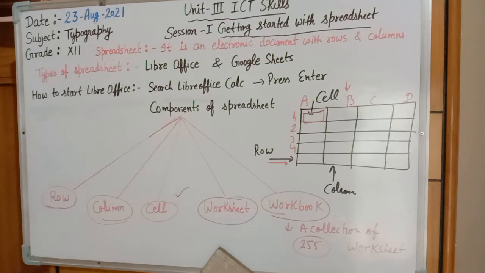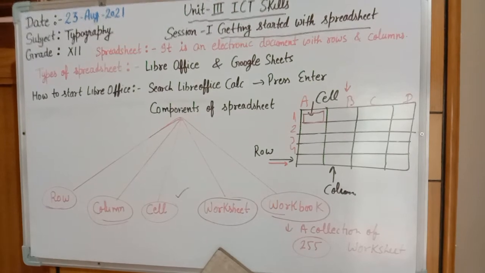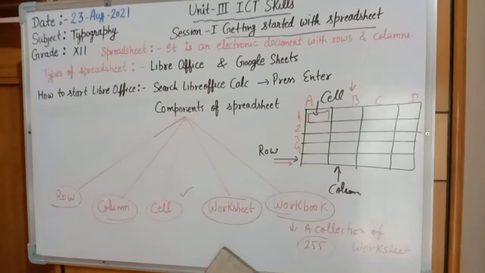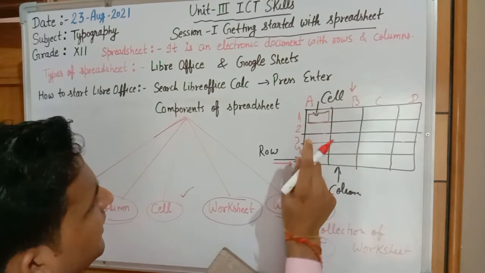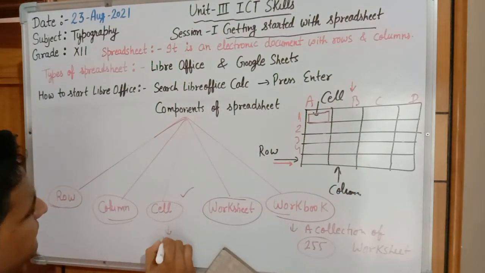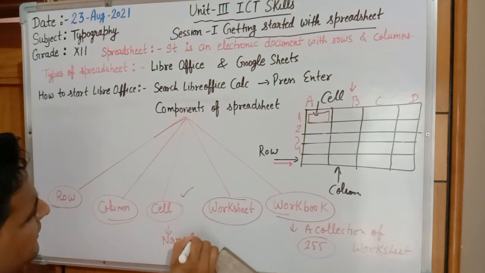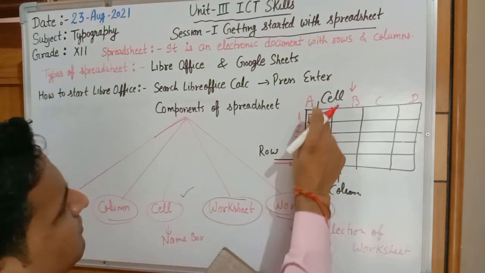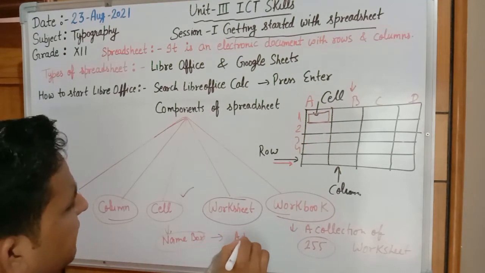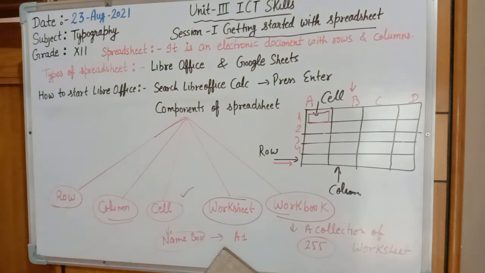Now we are going to start with the next session, that is related to the types of data which can be entered in a worksheet. One more thing I want to add here. In a worksheet, the name of the active cell will be displayed in the name box. Like we are currently on this cell, the name of the cell is A1. So A1 will be displayed in the name box. So this is about your cell position.